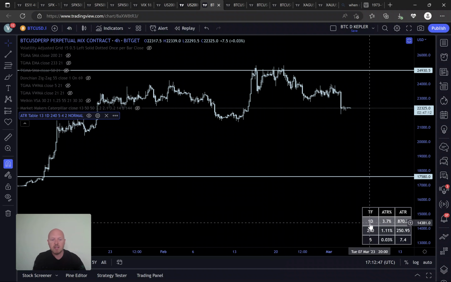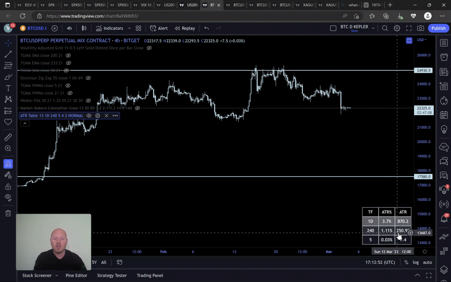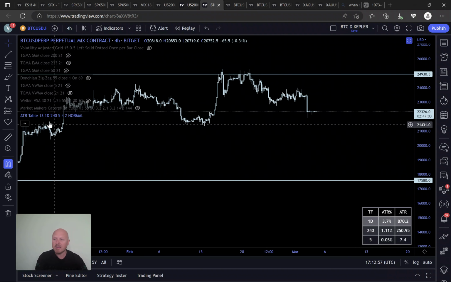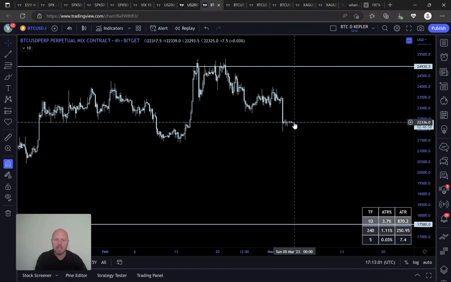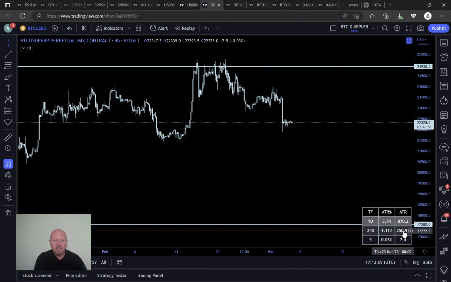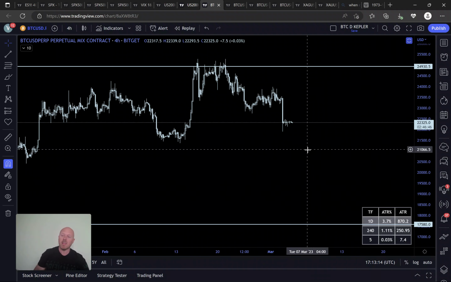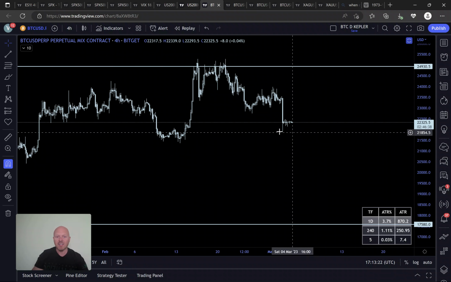So you can see we have our daily time frame still, and now we have the 4 hour, 240 minutes. So you look at the ATR in Bitcoin, 250 points. So Bitcoin's really flat here in this example. And again, we're just making this up. If you were going to long Bitcoin here because you think it's going up, you would look at the current price, 22,325, take the ATR, 250, times 2 because I want to use a 2 times stop loss, a 2 times ATR for a stop loss. So that would be 500 points, meaning that you would have to be about 21.8 on your stop loss